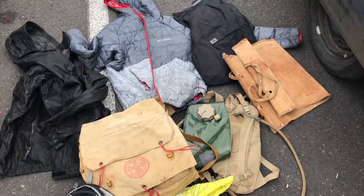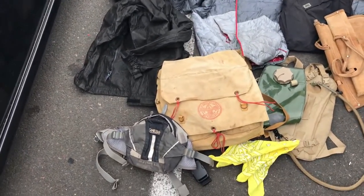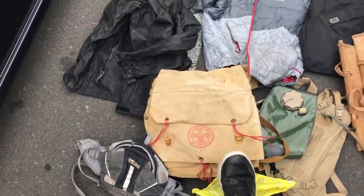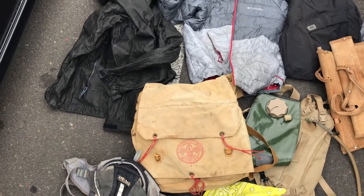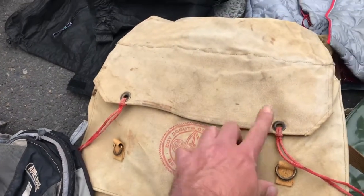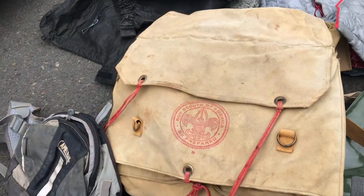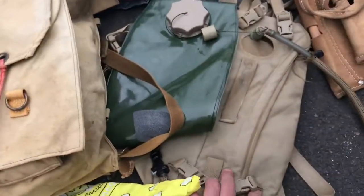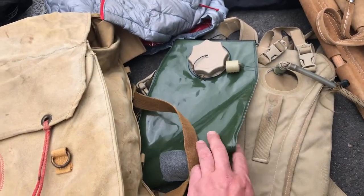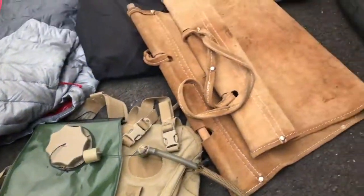All right, so let's check out. This is all from the bins. Let's see. Got this Camelback little fanny pack, super cool. Little cotton bandana. This is a 1940s, 50s, beautiful canvas Boy Scout bag. So I'm just using that for, you know, for shavings. This is a killer Camelback. It's not actual Camelback brand. It's official. It's United States military issue. It's probably made by Camelback. Super cool